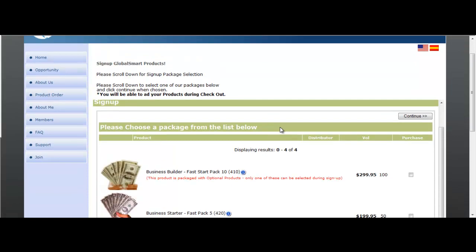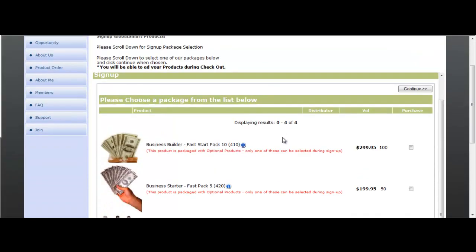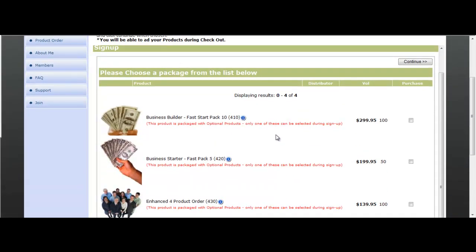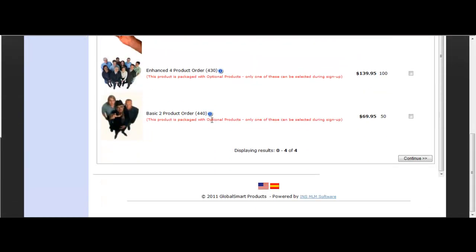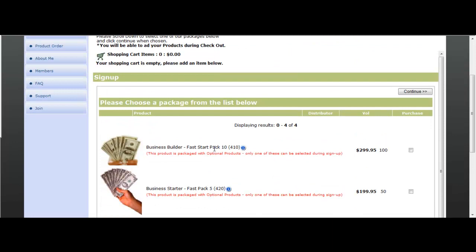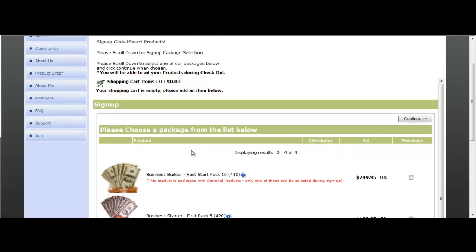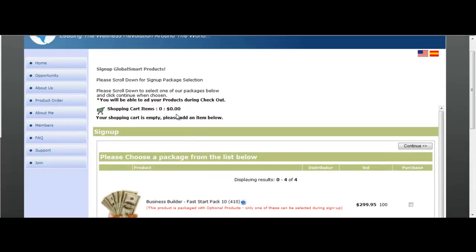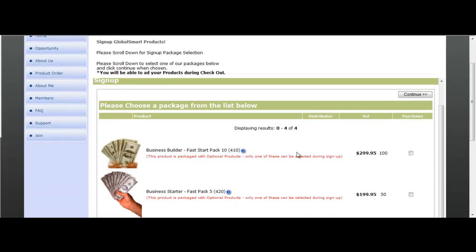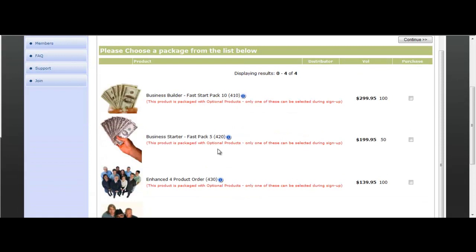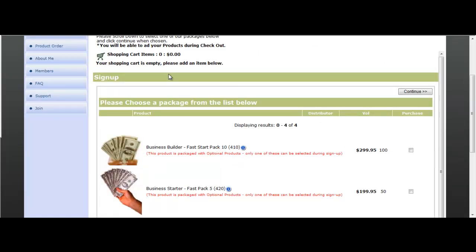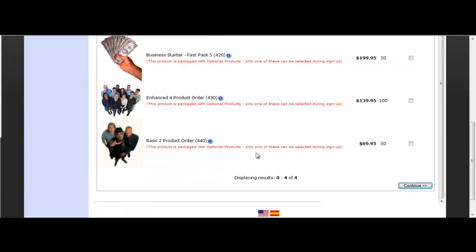So now in this case, they're using what's called our showcase function. So you can actually take certain items and showcase them. So in their case, they've showcased a bunch of their packages. So rather than having a person jump right into the shopping cart where there's lots and lots of items, they've decided to actually have them just come into the showcase item. And in their case, they don't even let the person go into the shopping cart because they have some special functions. Normally, there's a link right up here that says, click here to go into the regular shopping cart. So the member simply picks one of these items, hits continue,